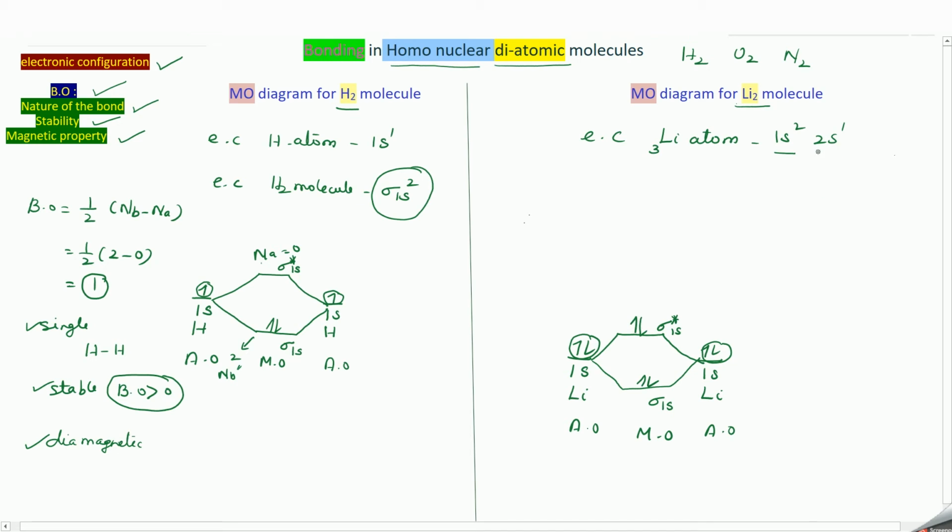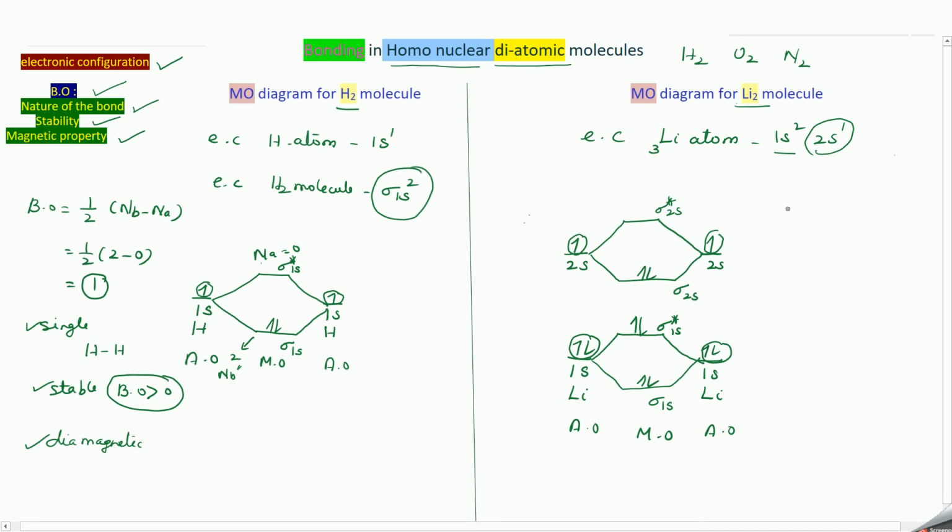Now the next what you have is 2s1. For this lithium, you take the 2s orbital with 1 electron, and for the other lithium we have a 2s orbital with 1 electron. Now these two will mix to form 2 molecular orbitals, and this one is called sigma 2s and this one is sigma star 2s. Here we have 1 electron and here 1 electron, so totally 2 electrons. So we have to go to the lower orbital and fill it with electrons. Now this is the molecular orbital diagram for lithium.